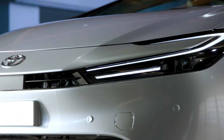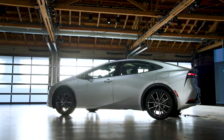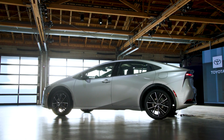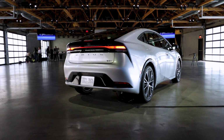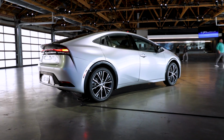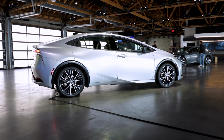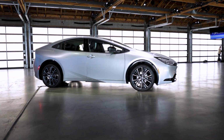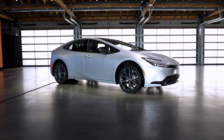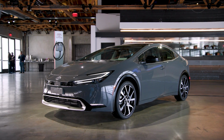That changes with the all-new model, adopting a far sleeker, sportier look, but maintaining that classic wedge-shaped design, which the Prius has had since the 2nd and 3rd generation. It continues to have a lift-back body style with a fair-sized cargo area, although the overall dimensions haven't changed that much. Unlike the previous generation model, however, both the Prius and plug-in hybrid Prius Prime have more or less the